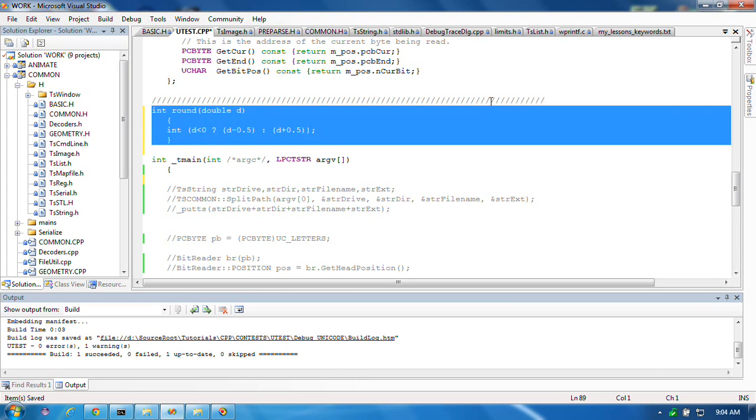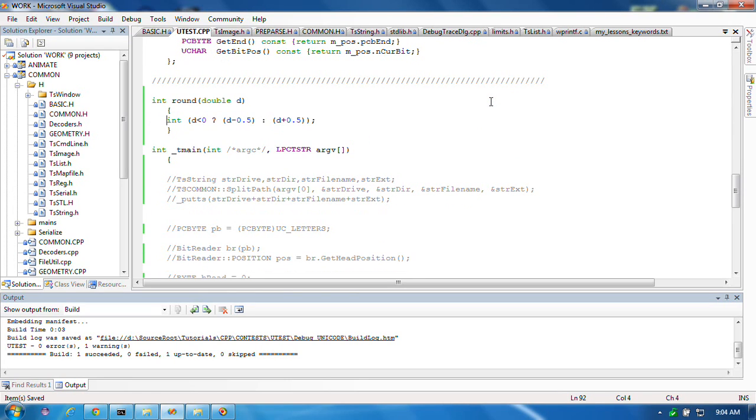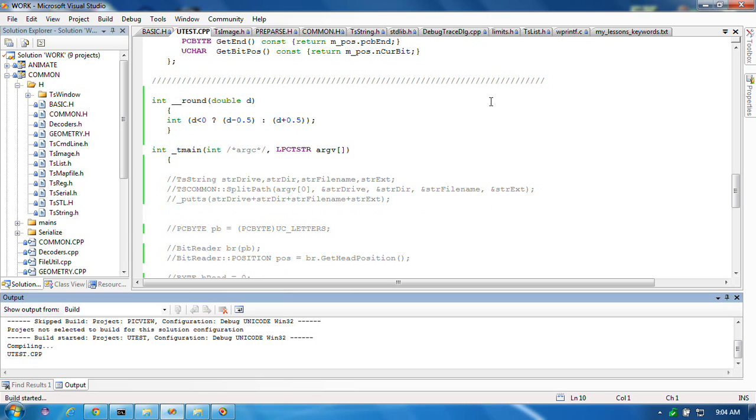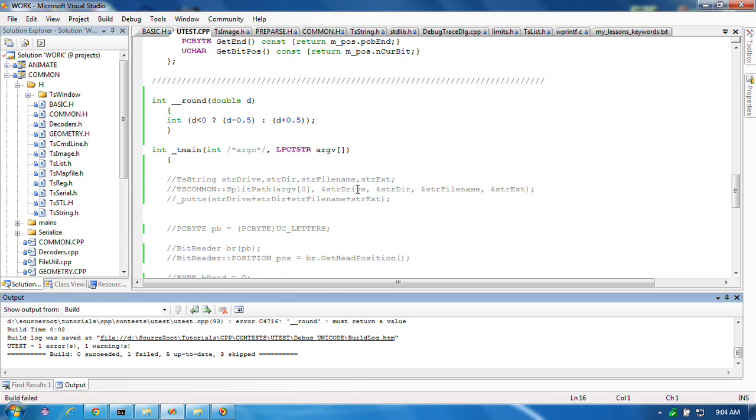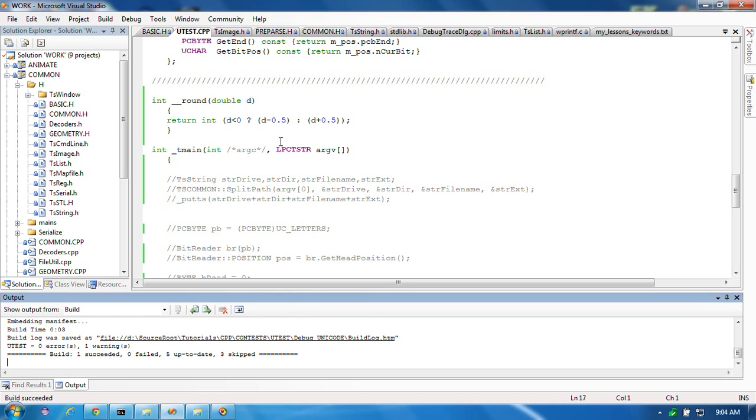If you believe that the last result was correct, then you should think that this is wrong. We can compile. I'm sure it's not wrong. If, what I would say instead is, if you believe that this is the correct way to round a double